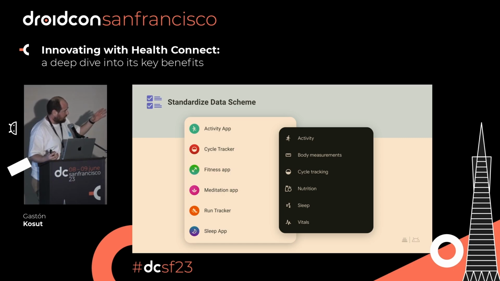Health Connect stores and structures health and fitness data and includes a wide variety of data types, mostly used across health and wellness apps. There you can see the apps tracking information and also the categories of Health Connect.